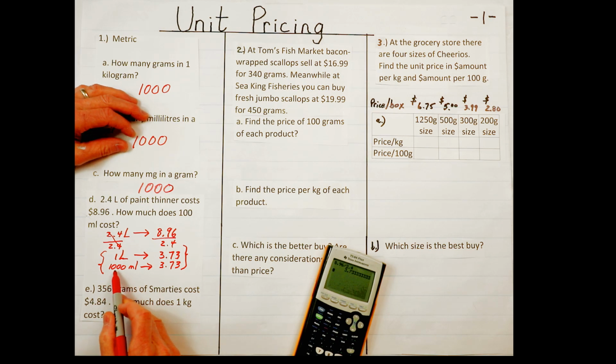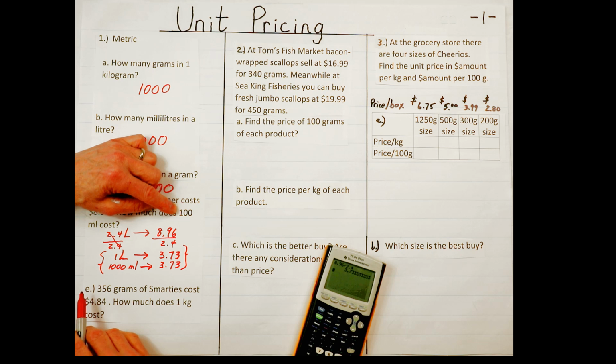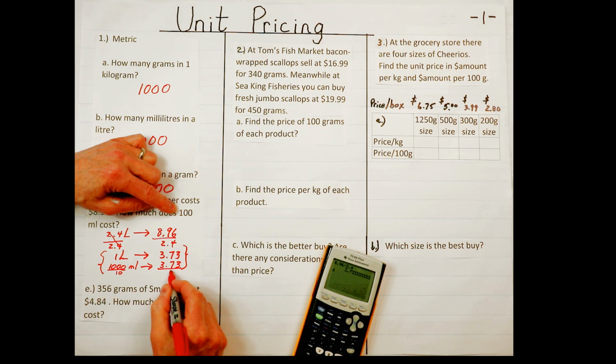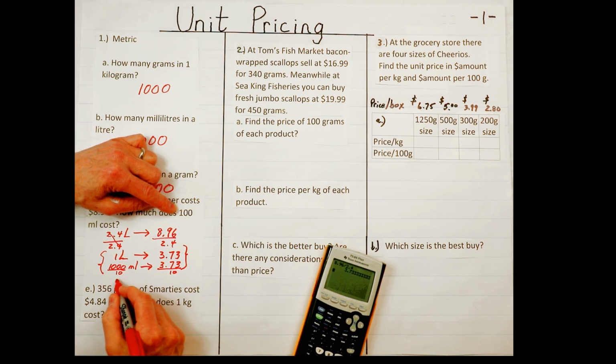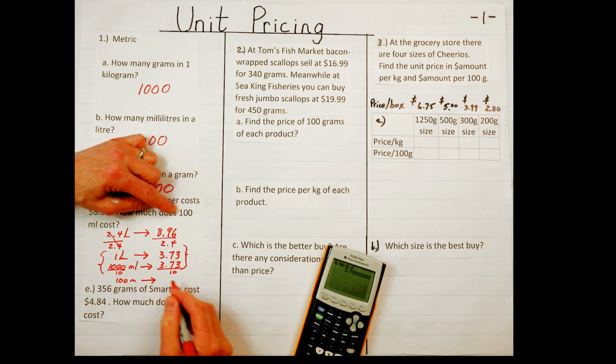So how do we go from 1,000 to 100? We divide both sides by 10. So if we divide 10 by 10 here and by 10 over here, then we get 100 milliliters is equal to,